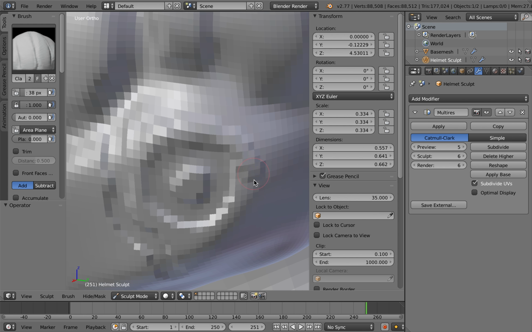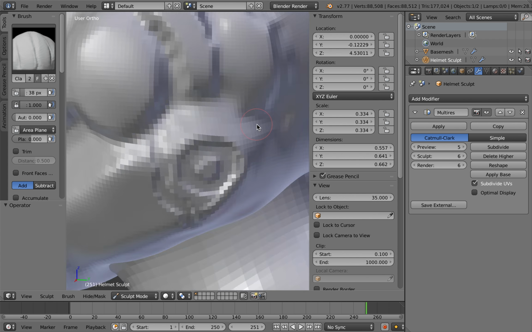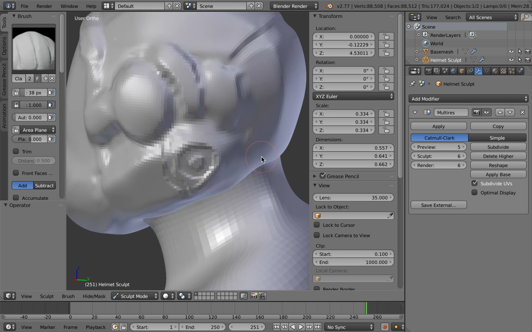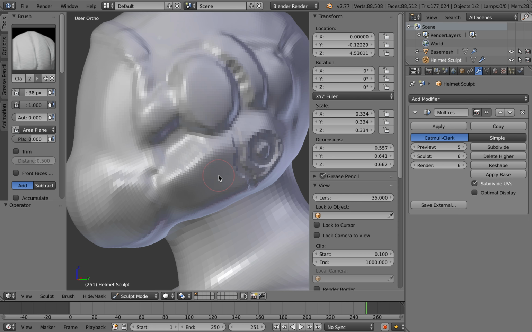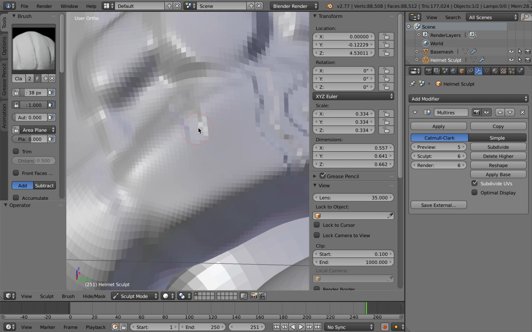Then work this around the edge, smooth it over, so we get a nice sharp crease along there, much better than before. Then we'll get in here, maybe do a reverse of this crease. So we'll crease in there, do a